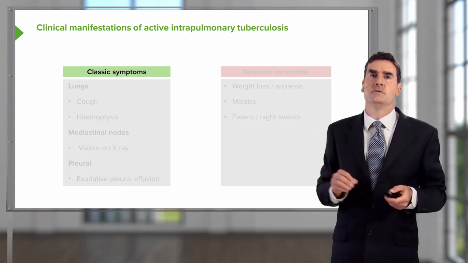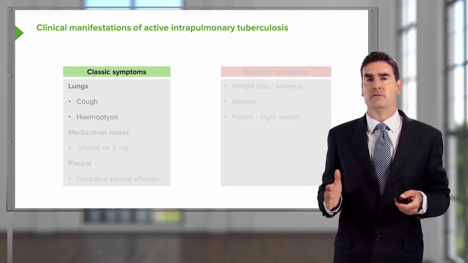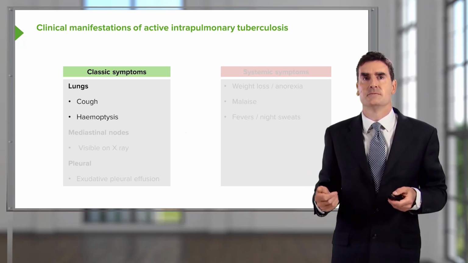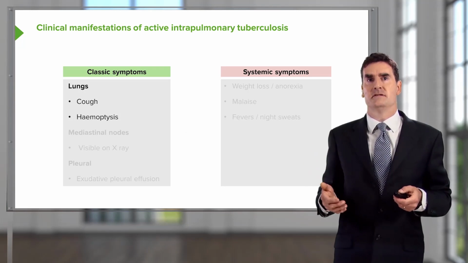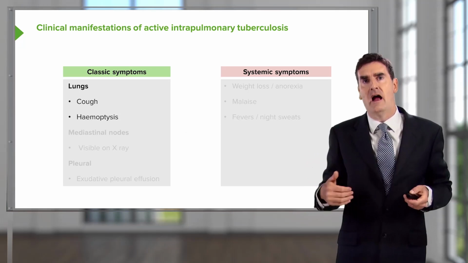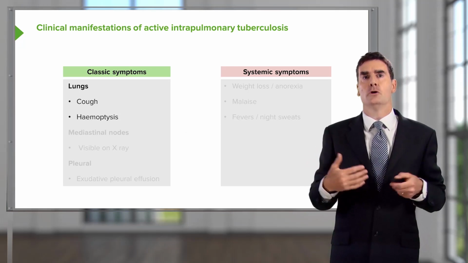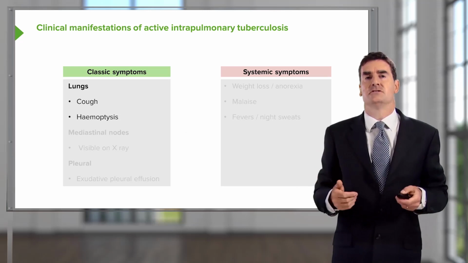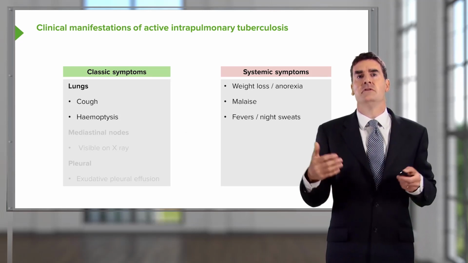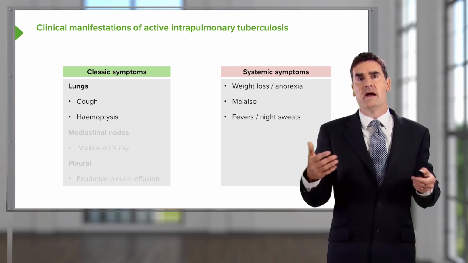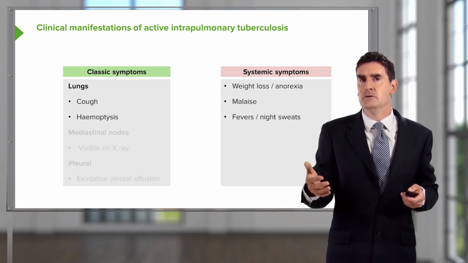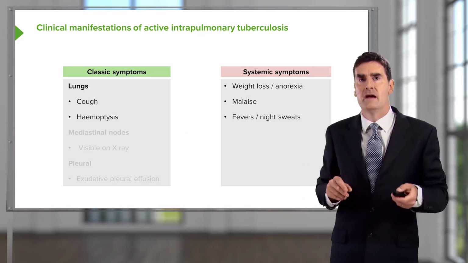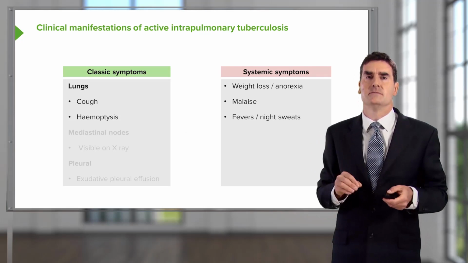So the classic symptoms of somebody presenting with pulmonary tuberculosis is very simple. They cough, and they may cough with blood present in the sputum, haemoptysis. And with that, they'll have systemic symptoms because it's an active infection, and these systemic symptoms are prolonged because the patient presents with several weeks, even several months worth of history. So over that time, the patient's feeling ill, they're not eating, and they have fevers and night sweats, and they'll be losing weight as well. And that's very important for identifying somebody who may have active tuberculosis, the presence of the systemic symptoms.